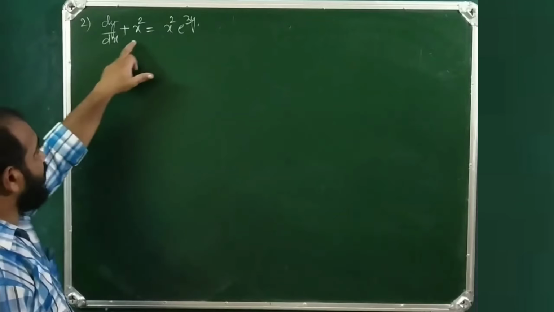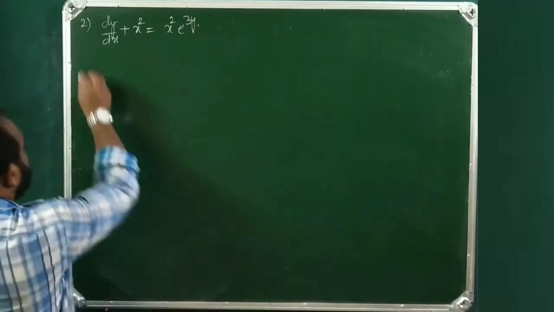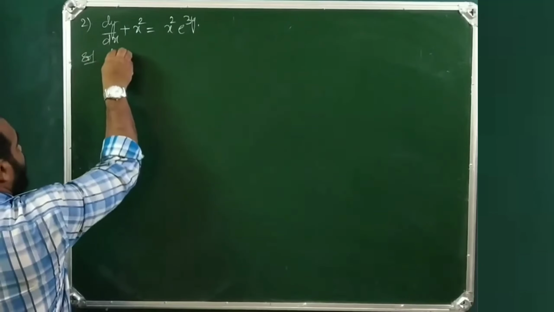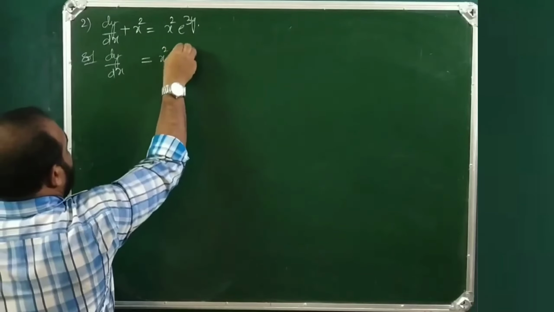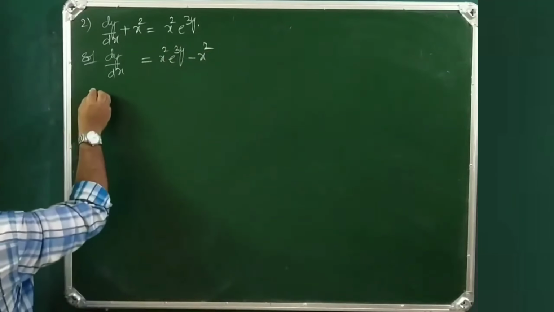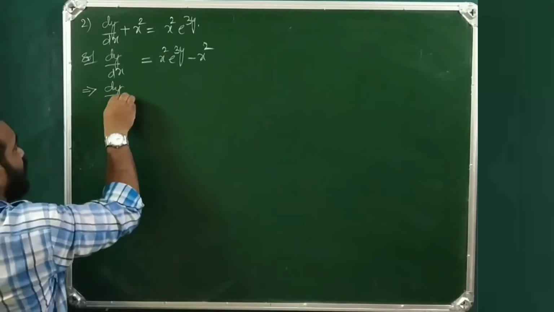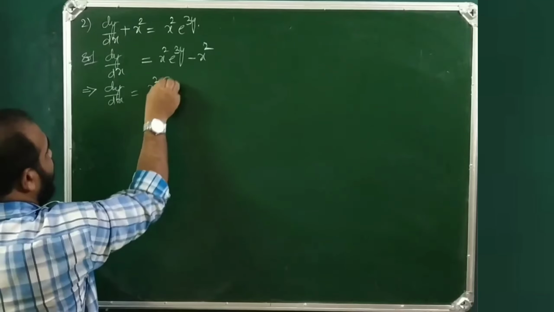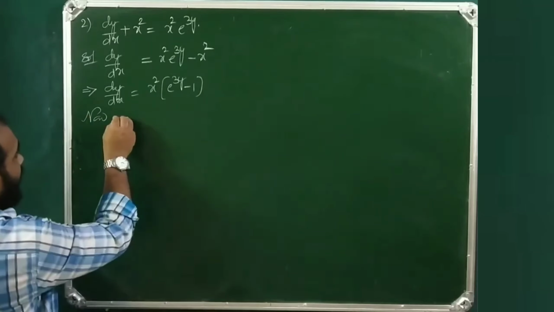So dy by dx plus x square is equal to x square e power 3y. Dy by dx is equal to x square e power 3y minus x square. This implies dy by dx is equal to x square, if I take common, e power 3y minus 1. Now, separating the variables,